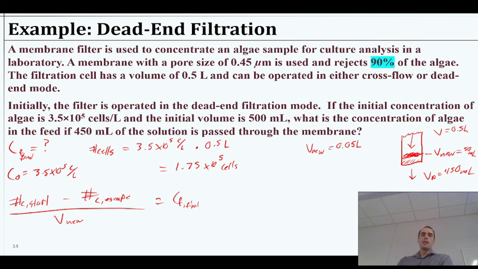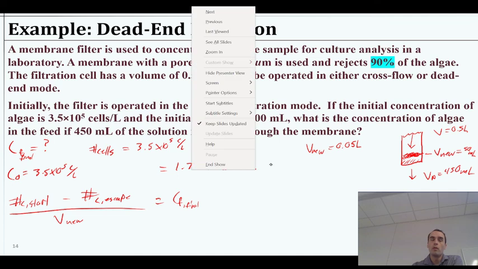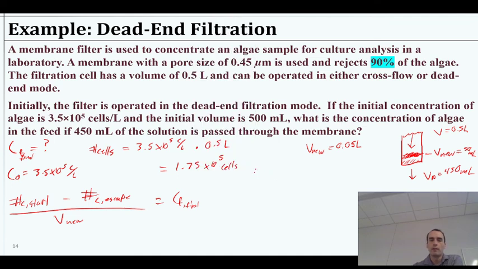So we started with that many. We're going to multiply that number of cells by 450 milliliters, or 0.45 liters, because that's the amount of water that went through. So we'll take that and say, well, first of all, if we're trying to find the amount escaped, actually, let's do it this way. Let's say the number escaped and solve for it. So number cells escape should be equal to, in that volume,